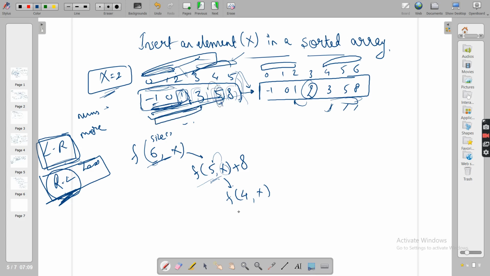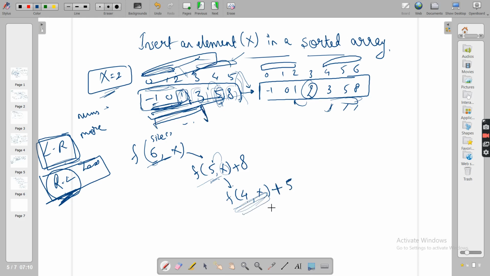So that is what this is saying: now compare for the remaining 4 elements where 2 will come. Wherever you put 2, 5 will go at the end. Now again, see the first 4 elements. Now it is 3. If you see the first 4 elements, 3 is the final value.